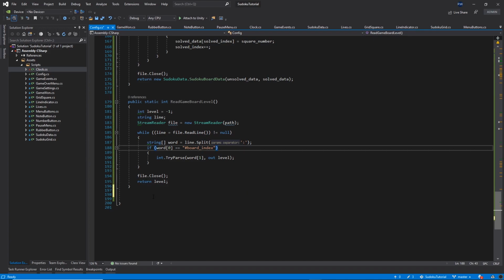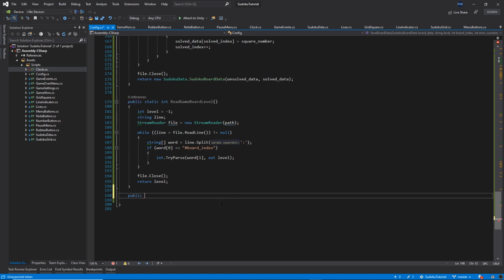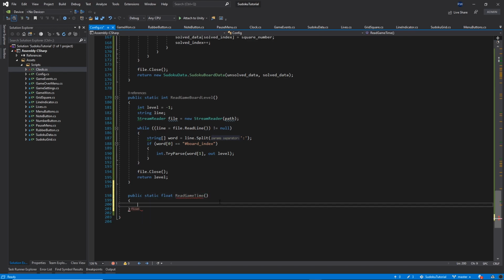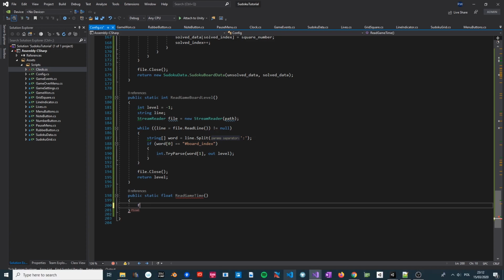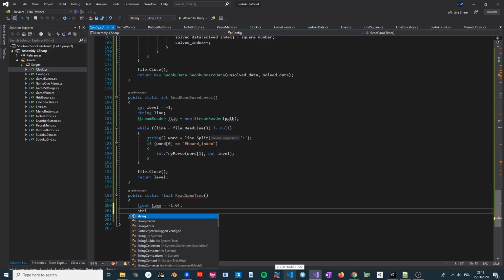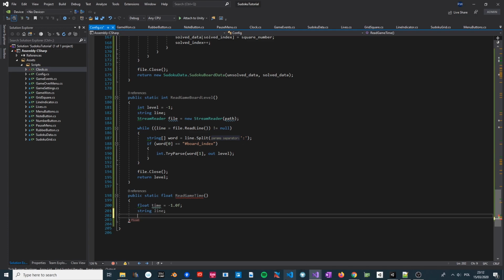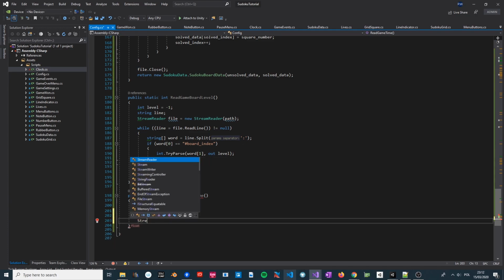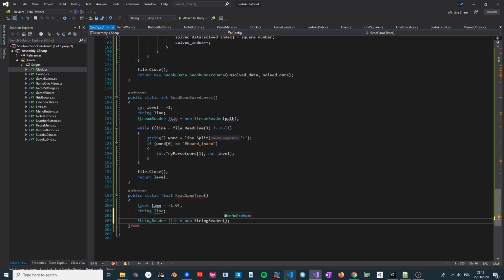Okay, so another function will be public static float, and this is going to be the read game time. Okay, so float time will be equal to -1.0f, and then string line. Below will be the stream reader file will be equal to new stream reader at path,